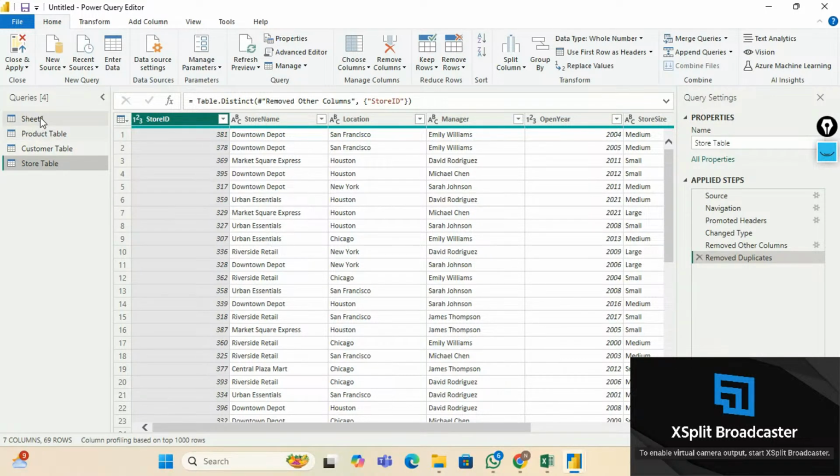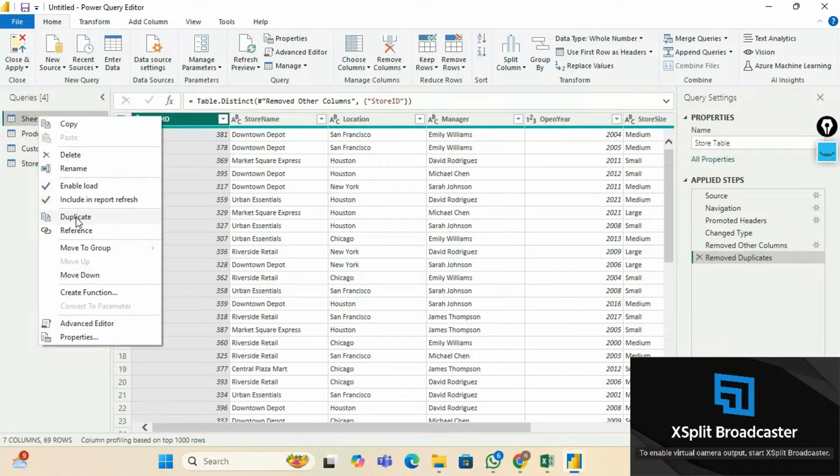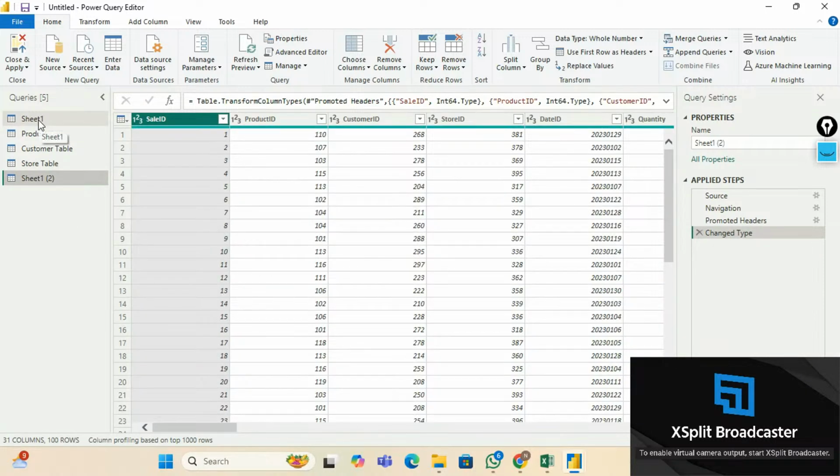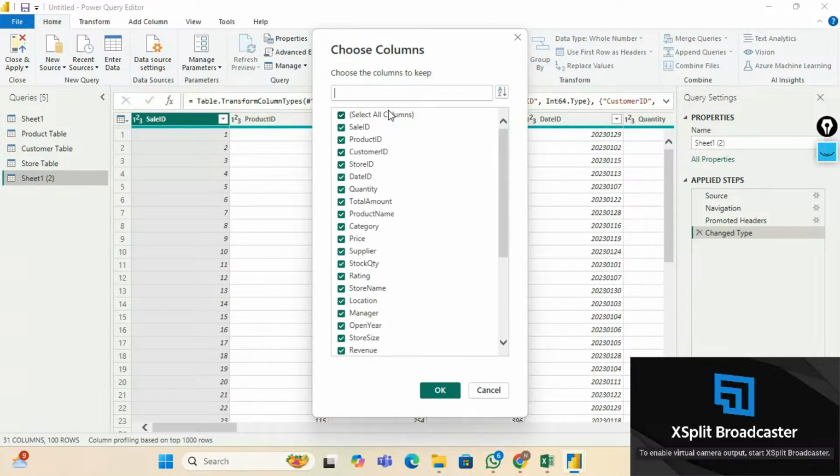Okay, then I'll create one more duplicate of the sheet, and this time I'll just have the data for only dates. Okay, so the columns to be selected: unselect all. So date ID is the first one, and I can clearly see, probably from here, the date